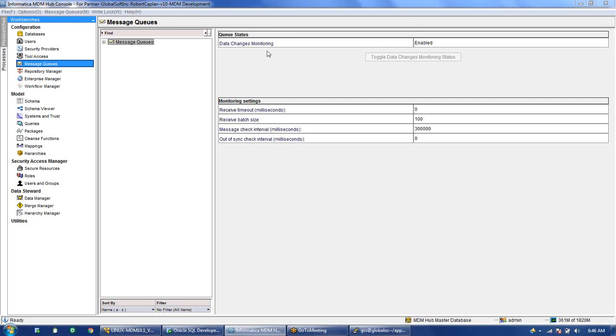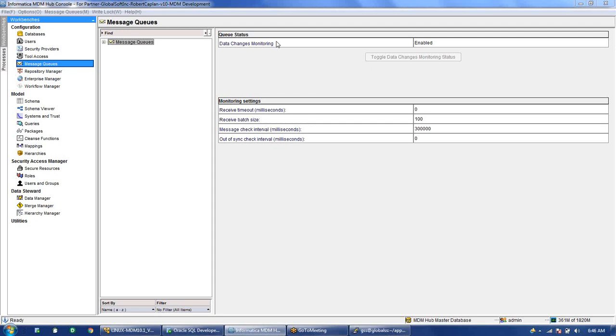So two ways are there. First, I can use again the ETL process and compare the MDM and the target systems or the downstream systems which want to access the MDM data, and pass the data accordingly. So that is one of the options. Or the second option is real-time integration. Message queue is basically for the real-time integration. ETL process is not a real-time integration. That is, once everything is loaded, matched, merged, everything is completed, then we use the ETL process to pull the data from the MDM system and pass it to the downstream systems.